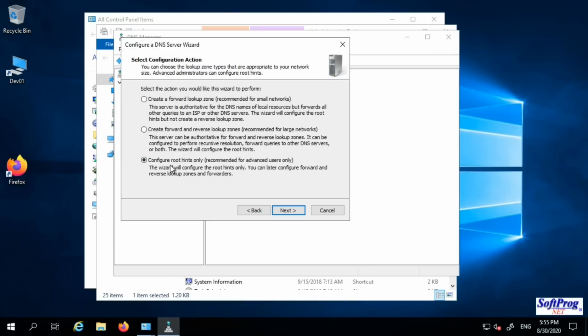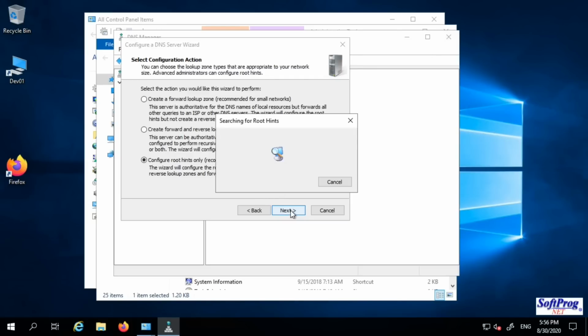So if you want your DNS server to be able to look up external zones, i.e. external domain names, then you can configure it so it points to the root hints, which will then be fully accessible from the inside. We'll be able to query the external internet for domain name lookup. So effectively, you can put this DNS server on your network, and it can act as the primary DNS server for your network, and that will be done by configuring the DNS root hints. So we click next on that,